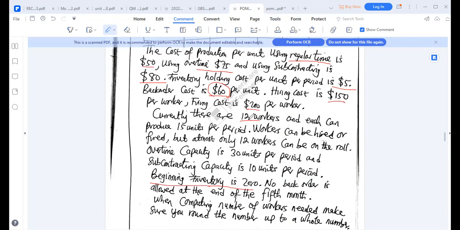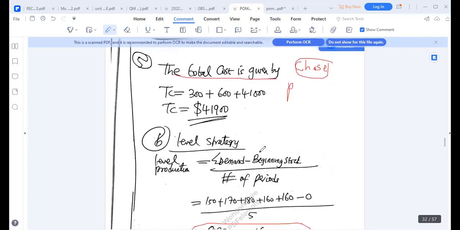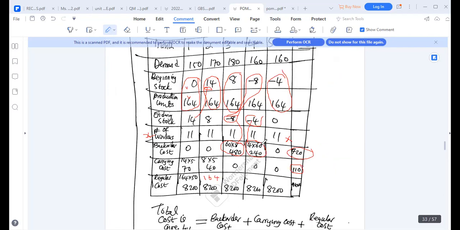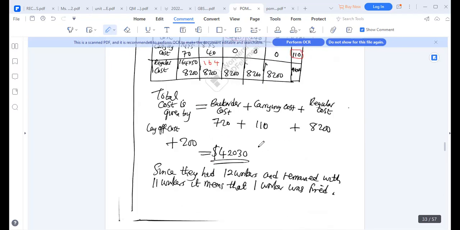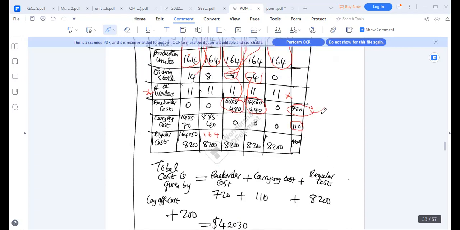So they fired one person and maintained 11. For this reason, we are going to incorporate the firing cost that the company incurred by letting the one employee leave. So the total cost will be back order cost, which is 720, the carrying cost of 110,